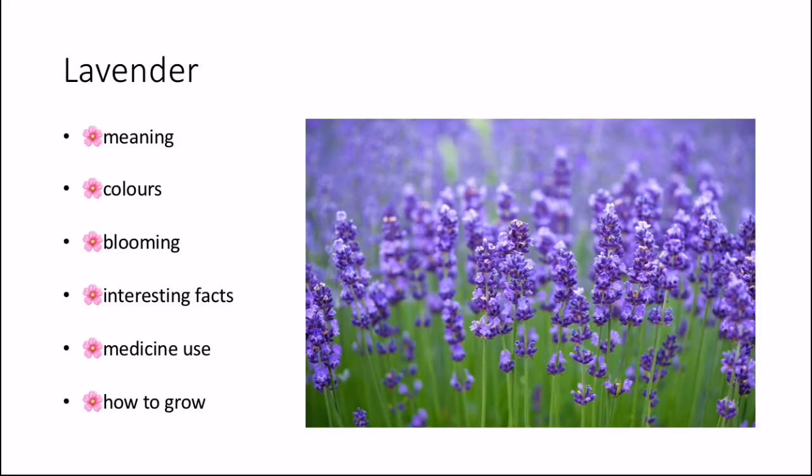The first flower that I'm going to be talking about is the lavender, and the meaning of this is luxury, elegance, silence, serenity and royalty, and the colour that it comes in is purple. It blooms from May to August. Some interesting facts about lavender is that it's said to reduce anxiety and stress, soothe muscles, it can help you